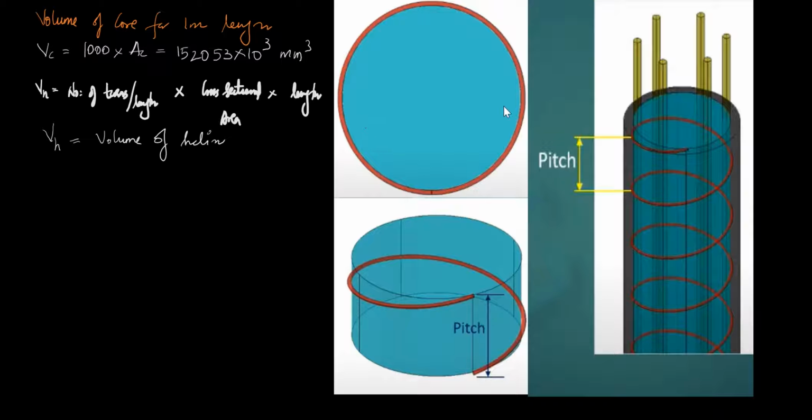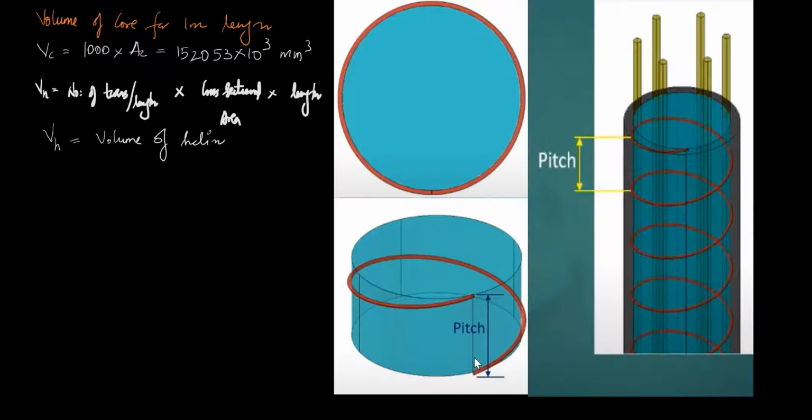If I am taking the center to center diameter of the helix, approximately I can relate it to a circular form from the top. If I am taking one pitch distance, I can take it as circular. So the length I can say is pi into dh. dh means I am taking this distance from center of this to center of this as dh. I'll explain once more.